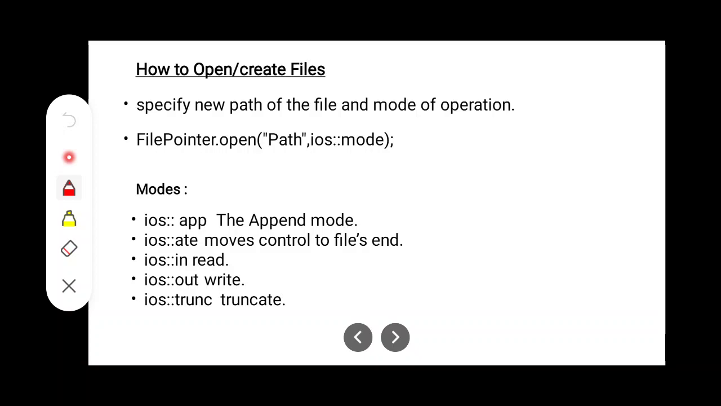Okay, so from where we need to open, or where we want to create, we have to give the path of the file and then the mode of the operation. So this is the syntax where file pointer dot open, in brackets, path and mode are given. So the modes are